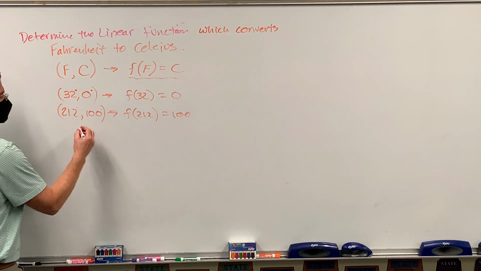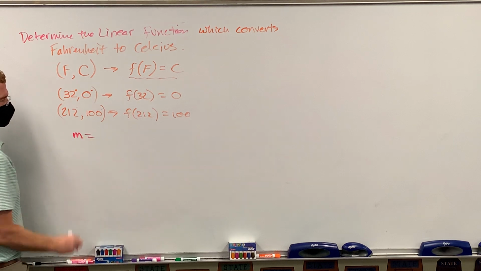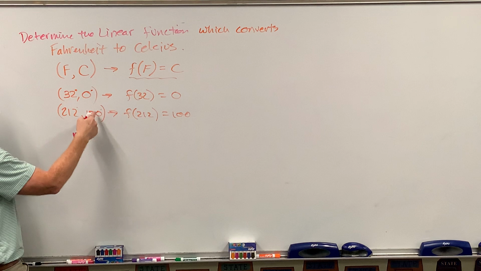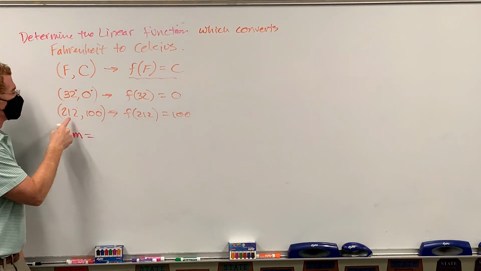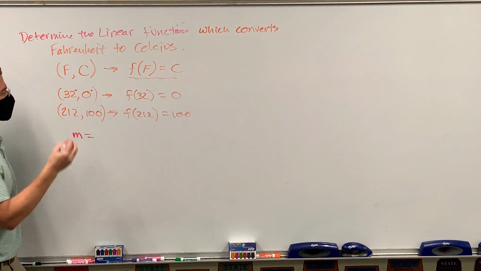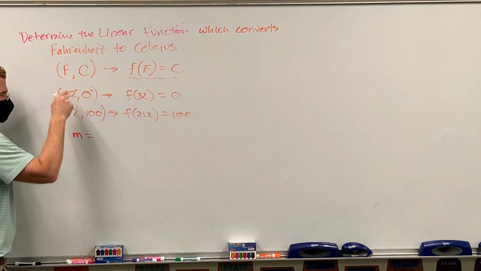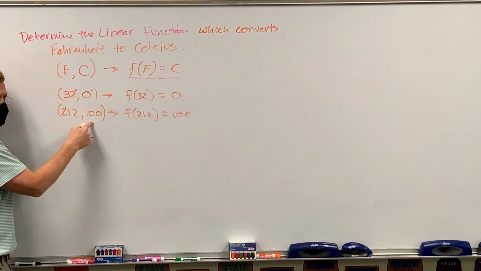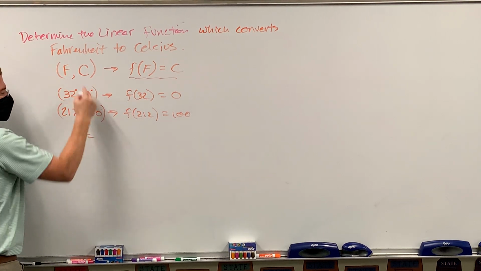What's my slope? 100 minus 0. So, careful. Y minus y. I have more people go 212 minus 100. Like, they learn all this, and then they just freak out. Remember, Fahrenheit to Celsius. Fahrenheit to Celsius. Not Fahrenheit to Fahrenheit and Celsius to Celsius. So, y minus y